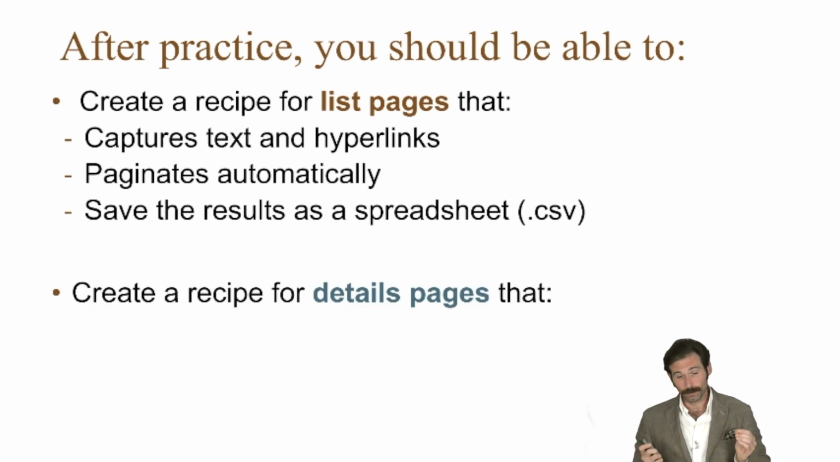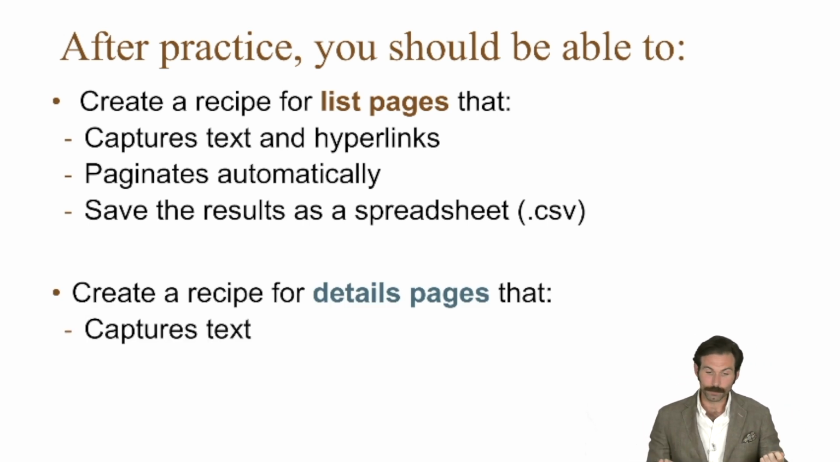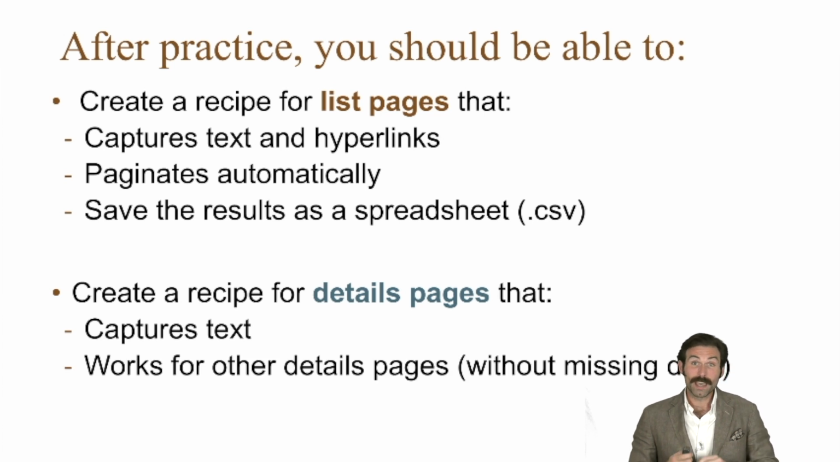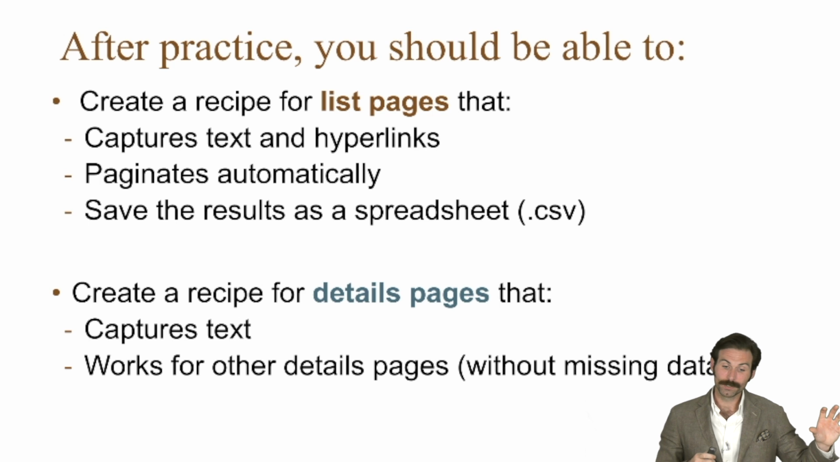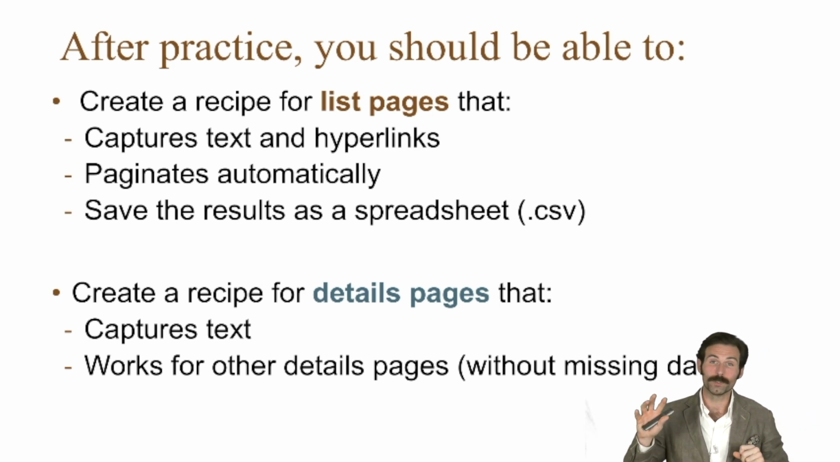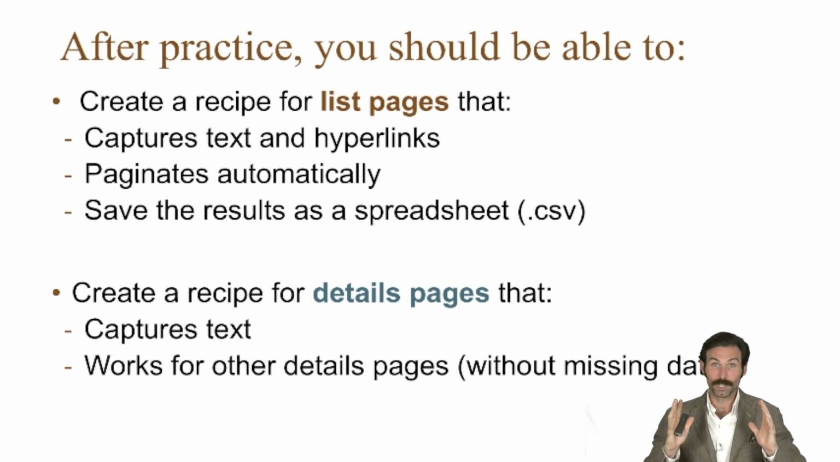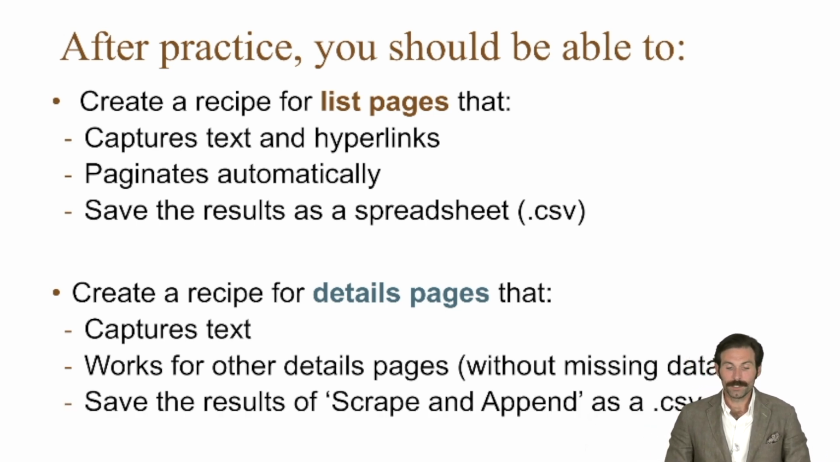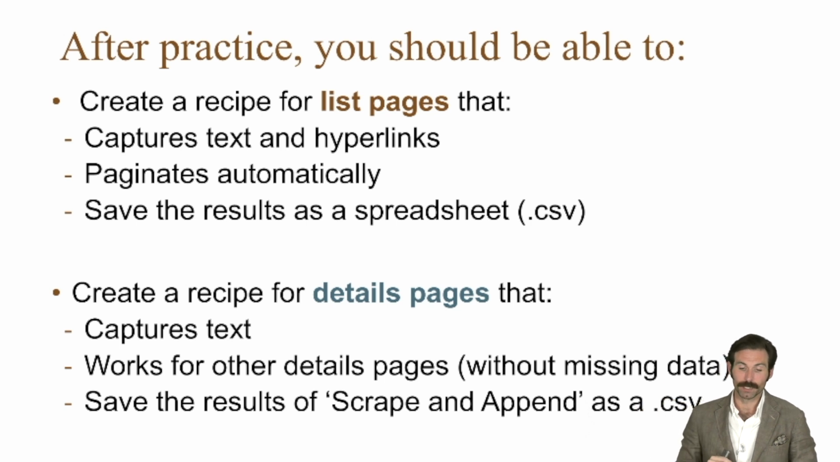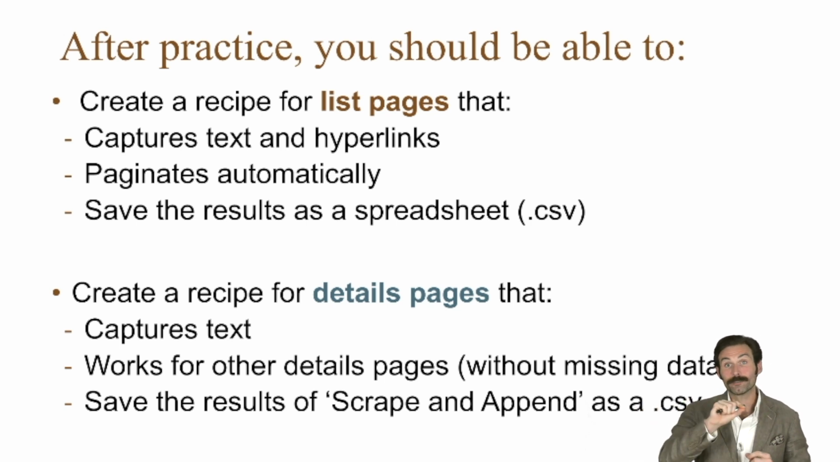So you should also be able to create a recipe for details pages that can capture text, that works for all other kinds of details pages, so that your one recipe will collect what you want consistently. There's not gaps in the data. And using the scrape and append feature of Dataminr, you can go back and forth between web pages and automatically scrape those details